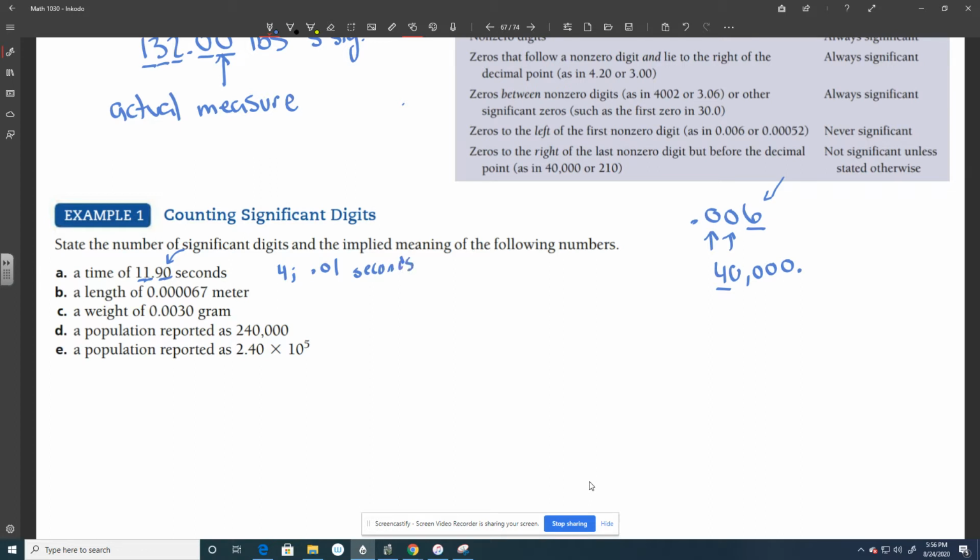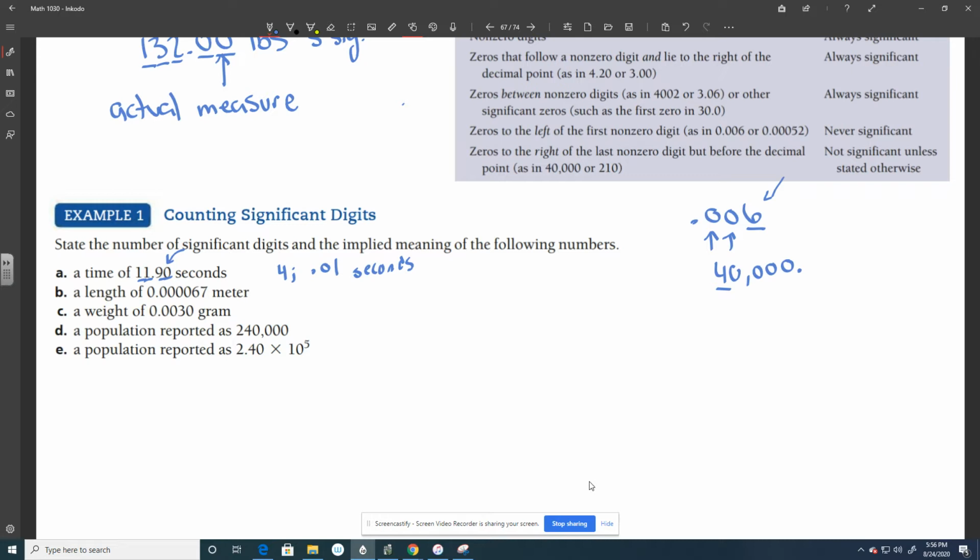It's implying that they measured up to 0.01. All right, so part B. And to me, that's the easiest way to look at significant digits: how far did they go before they started rounding, okay? So a length of